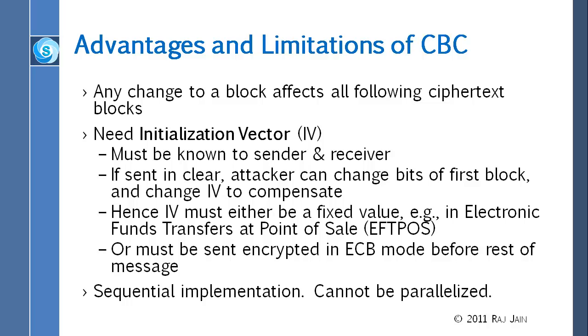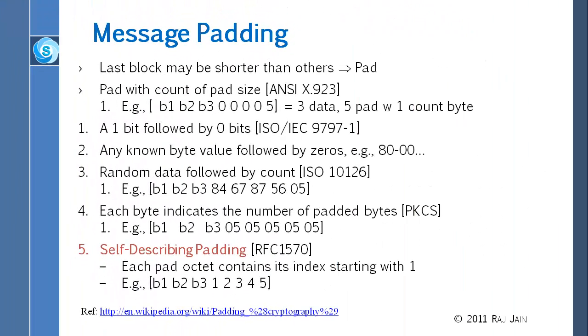So before we go into parallel modes, there is one more thing we need to know, which is padding. What if the last block is not 16 bytes for AES or 64 bits for DES? The last block is a partial block of the message. Then we have to pad the last block. We have to add some extra bits to the last block to make it a full block. There are many methods of padding. It doesn't really matter which method you use, all of them cost you bits, because if you want to send, let's say, 65 bits, you end up sending 64 plus 64, 128 bits.